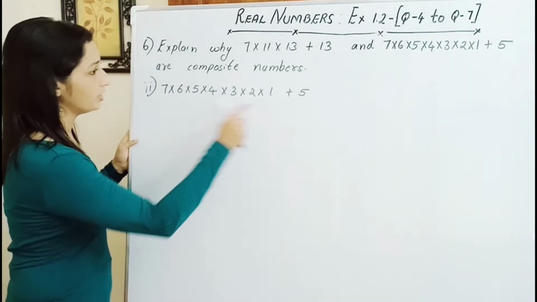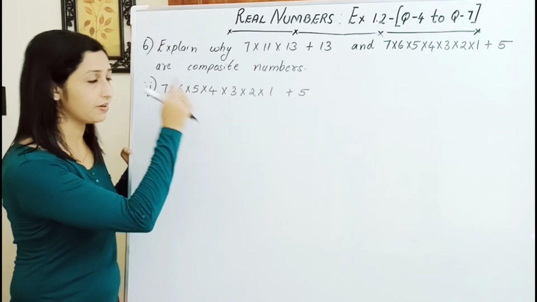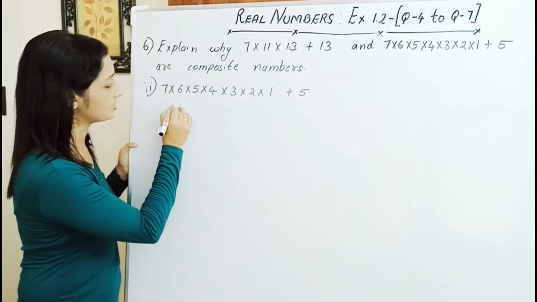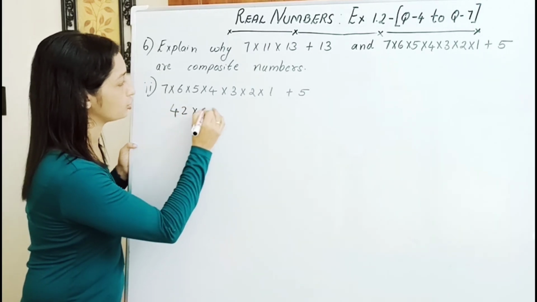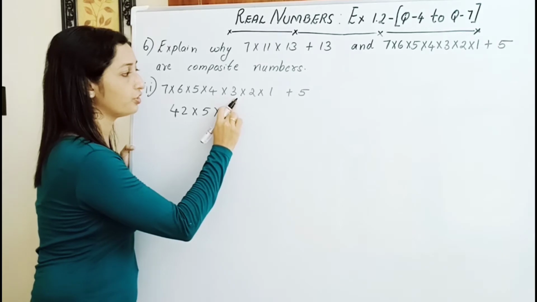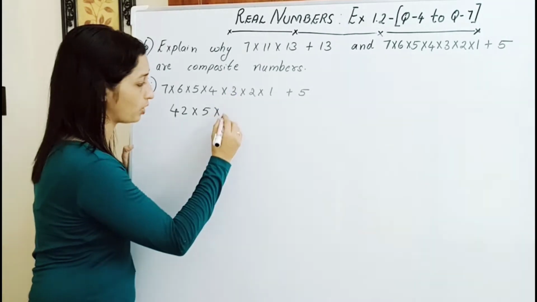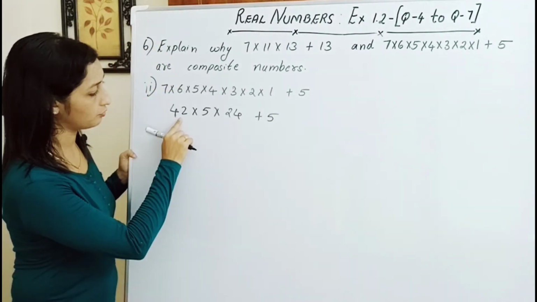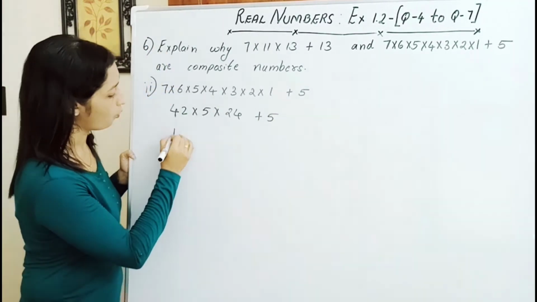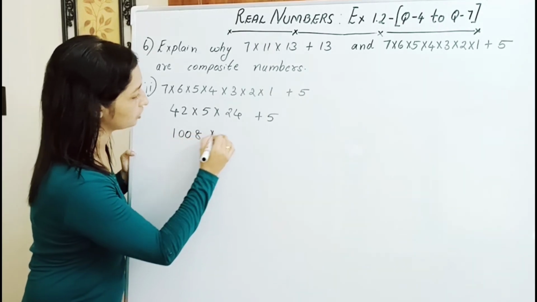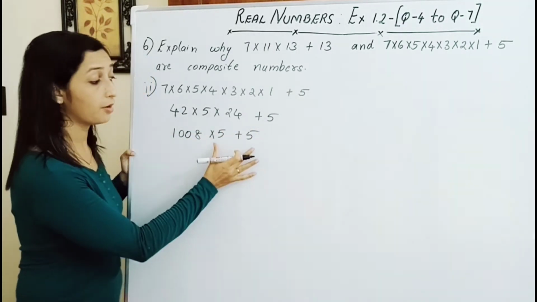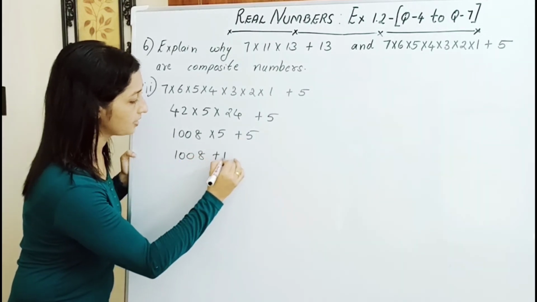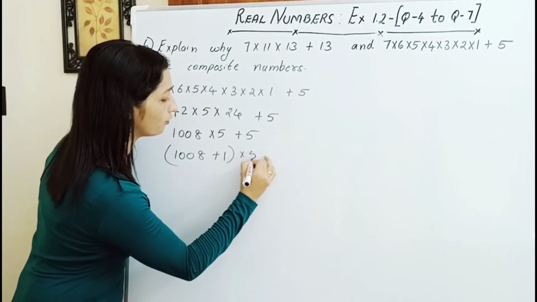So how do we do it? Here you have 5. So let us keep this 5 as such and let us multiply the remaining and write what do we get? 7 6s are 42 into 5 into 4 3s are 12, 12 2s are 24, 24 1s are 24. So 24 plus 5. Now what is 42 into 24? 1008 into 5 plus 5. From here we can take 5 common. So what do we get? 1008 plus 1 into 5,